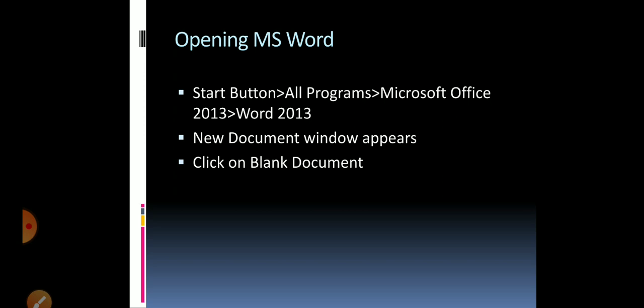Next, you will go to Word 2013. Since we are working in a word processor, you have to click on Word in Word 2013. After that a new document window will appear. It displays the list of different types of new documents in thumbnail view. So click on the blank document thumbnail. You have to choose what? Blank document. Since you have to create your own document, you have to click on blank document. Various templates are also available in thumbnail view, so from there you can select your own.